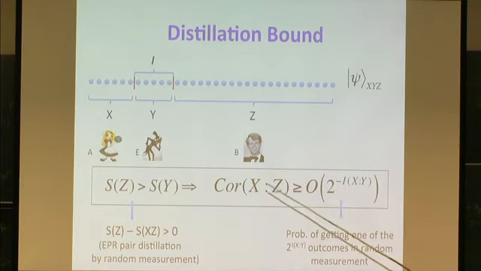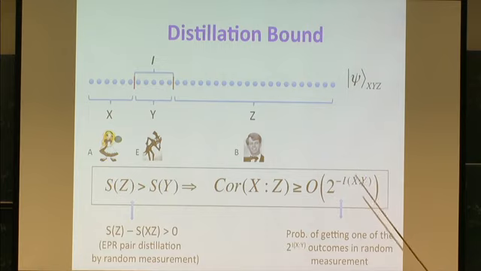But now we make this random measurement on x, right? And in this correlation function, we cannot communicate anything. So we really have to post-select on a particular measurement. But each measurement only happens with very small probability, right? So we have to pay the price for this. And the price, because they are random, they all are equally likely, is exactly 1 over the number of them, which is this one, right?